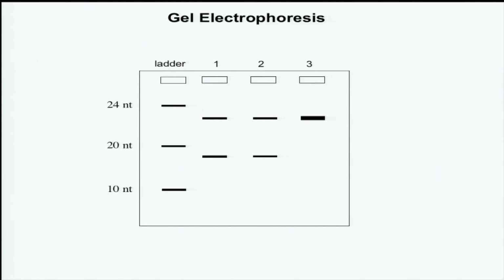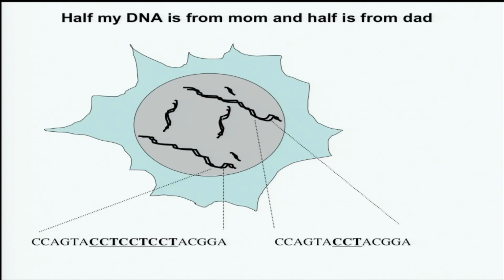In this gel, for instance, as you can see from the ladder markings on the left, remember the ladder is like a ruler for us, person number 3 has DNA about 22 letters long, whereas person number 1 and person number 2 have DNA that's both 22 letters long and 18 letters long. So I just want to show you a quick pictorial view on this next slide to remind you that when you're looking at these gels,